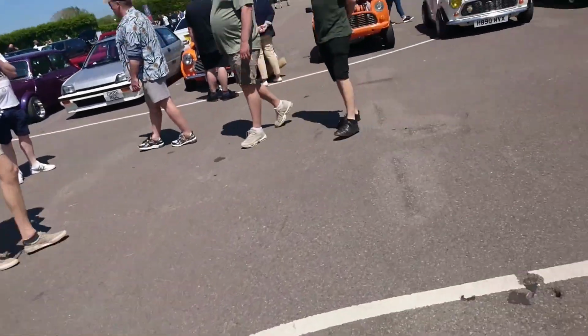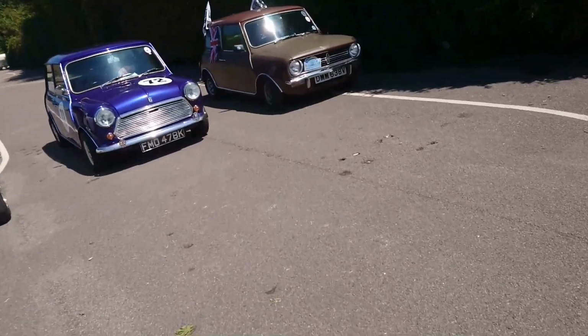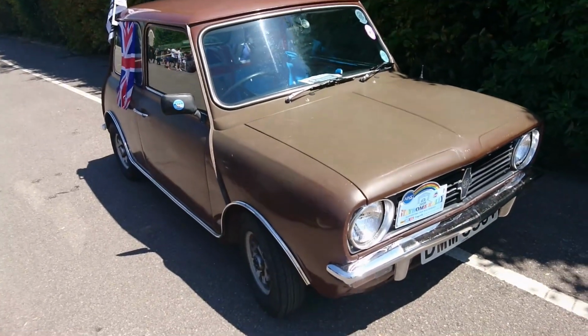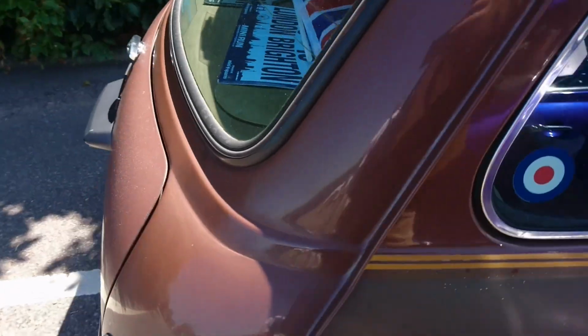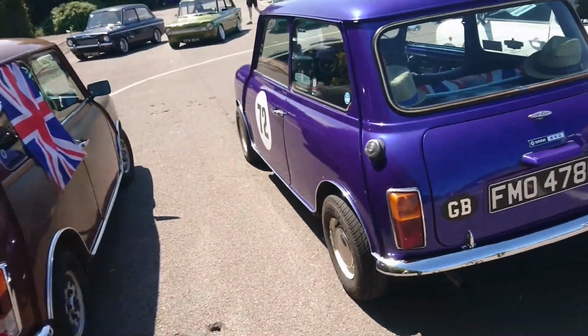Sorry. Mini Clubman, very late one. V, so 7980 plate. That's not the one they dragged out from the bottom of Longbridge a few years ago, is it? It's the same sort of colour that you'd expect it to be. Yeah, it probably isn't. It looks the same. A50 Mini,